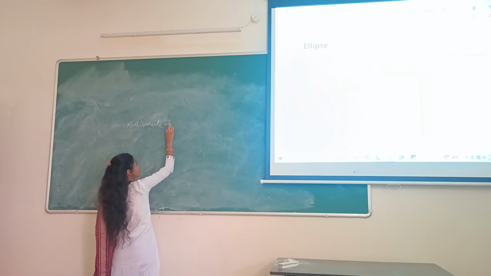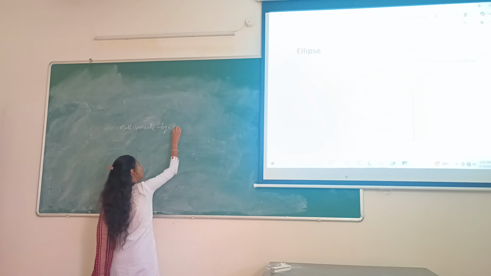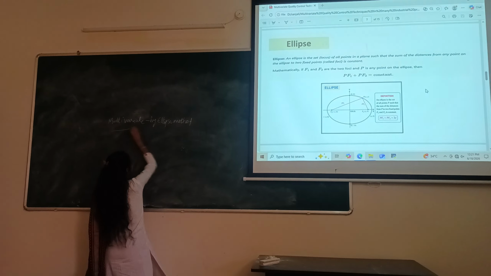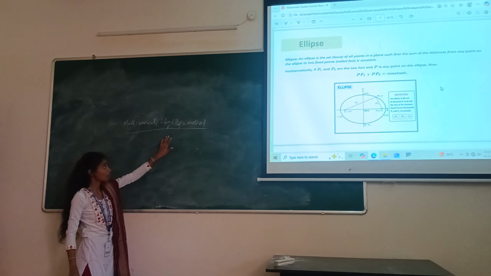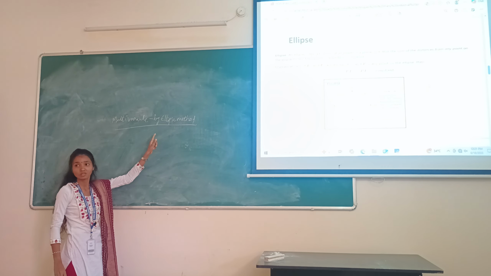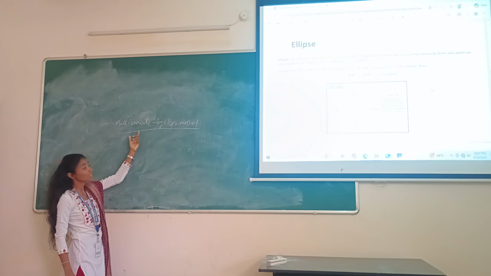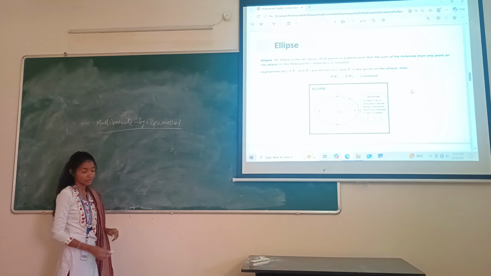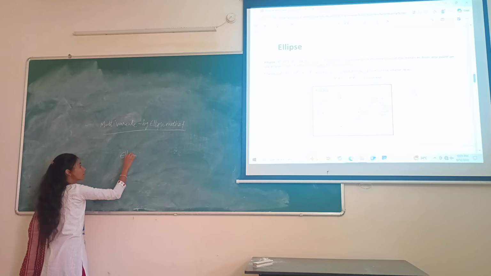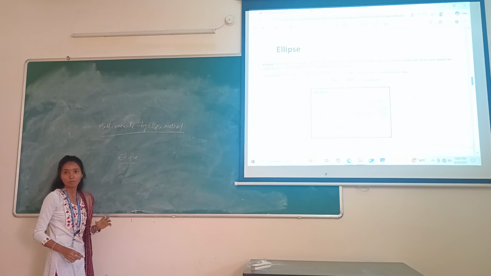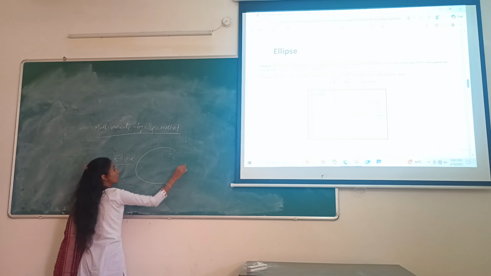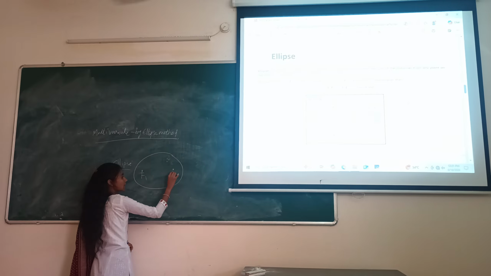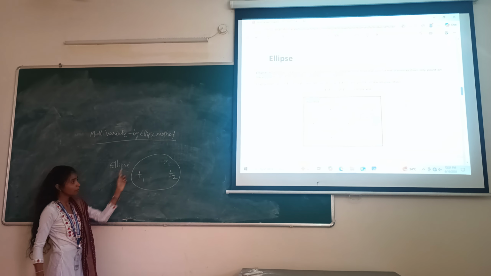Control chart by ellipse method. Before going into this topic, we have to learn what is meant by ellipse, so that we are able to understand how we can construct a multivariate control chart by ellipse. Ellipse is nothing but this: if we take two fixed points on a plane, these are the two fixed points. Let me denote them as F1 and F2. And if I take any point on the plane,